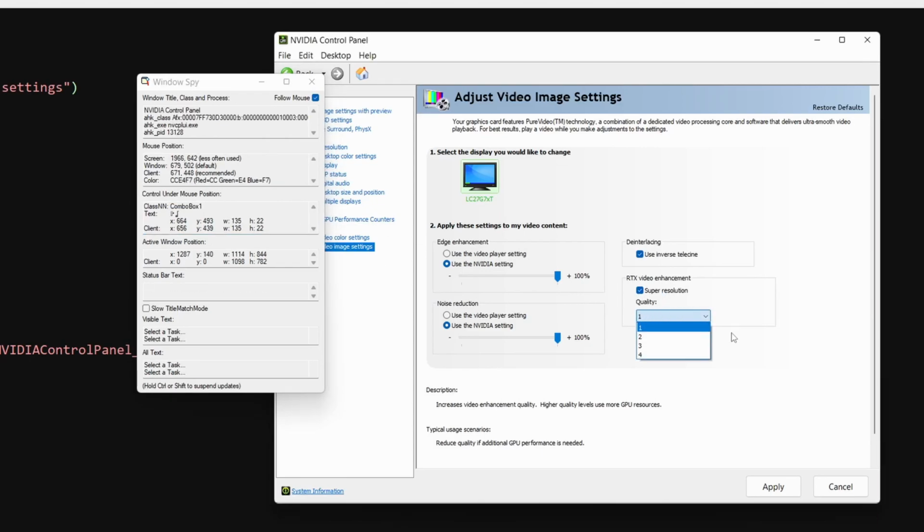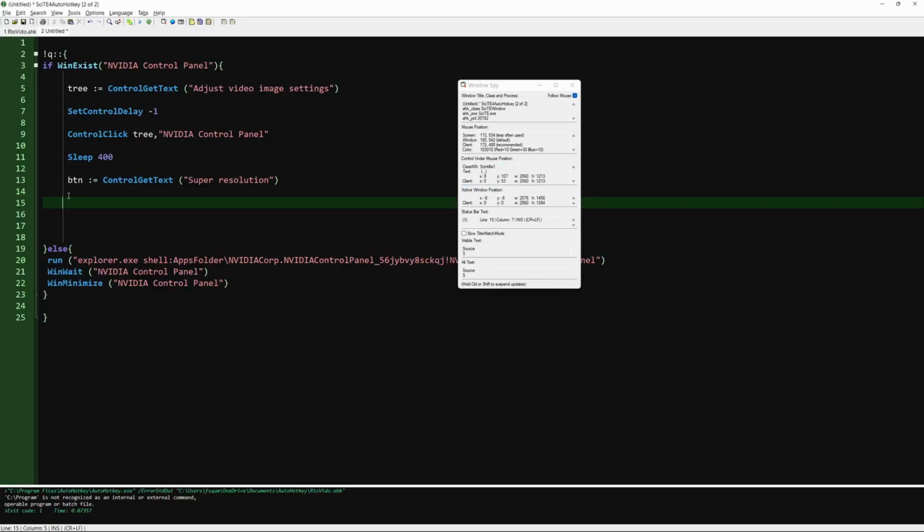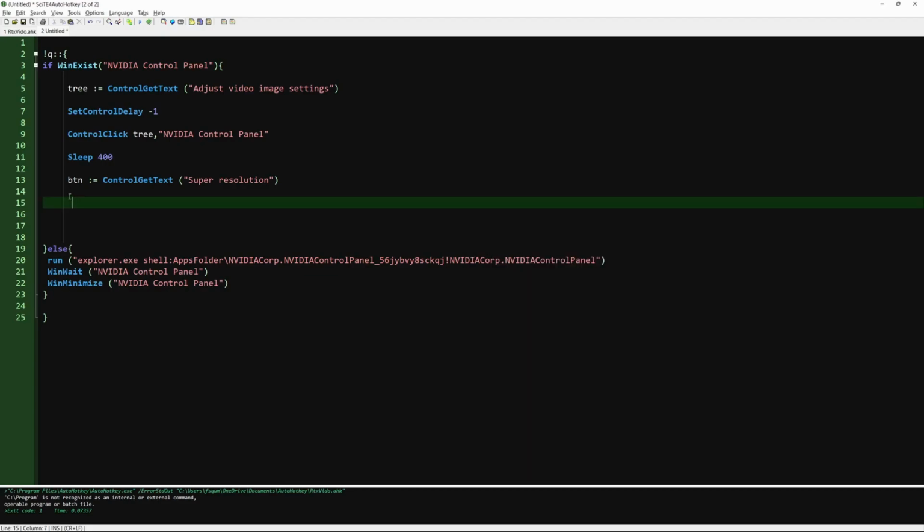Okay, so if you have another class name, you can name it that, but make sure to name it exactly the same as this. So we can copy this, and then we can find this drop box by its class name. So to find it by class name, we will say combo box. I'll call it combo box, and then we will assign it the object control